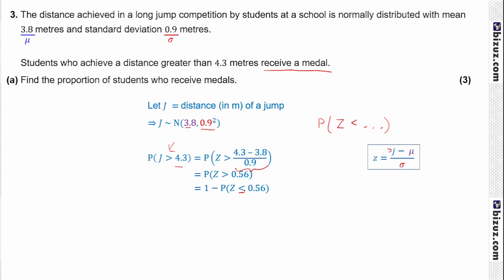And it doesn't really matter whether we write less than or less than or equal to here, because normal distributions are continuous distributions. So less than and less than or equal to, or greater than and greater than or equal to, are equivalent. So this is equal to 1 minus this value from the large table. 0.7123 turns out to be the probability of z being less than 0.56. And we get the final answer of